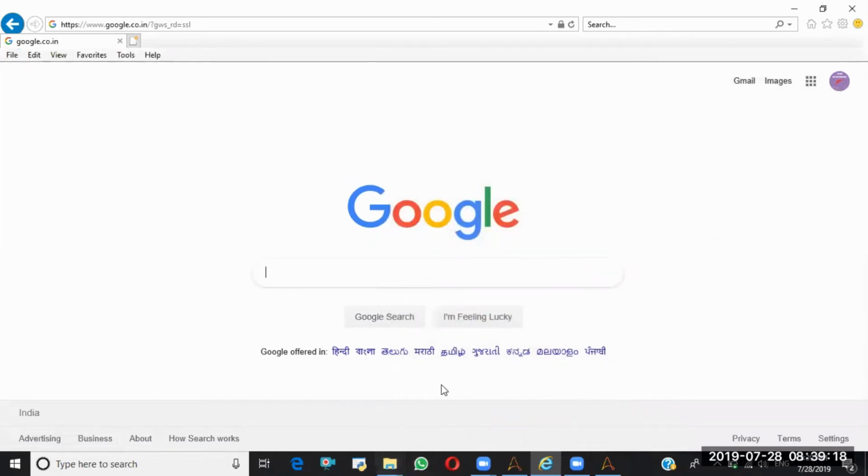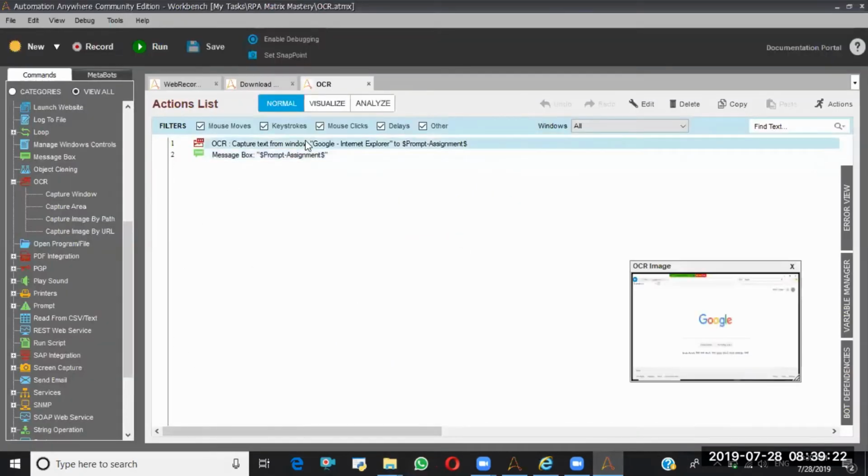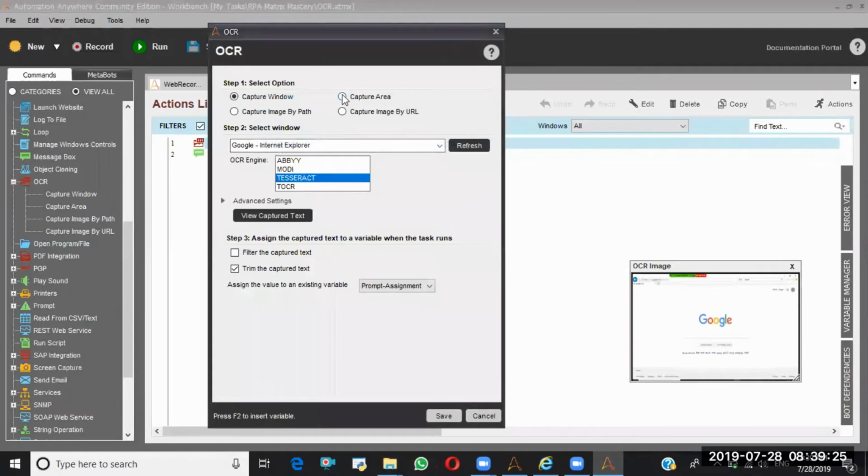In the same way, we selected the entire window earlier. Now I'm going to select the area. Capture the area.